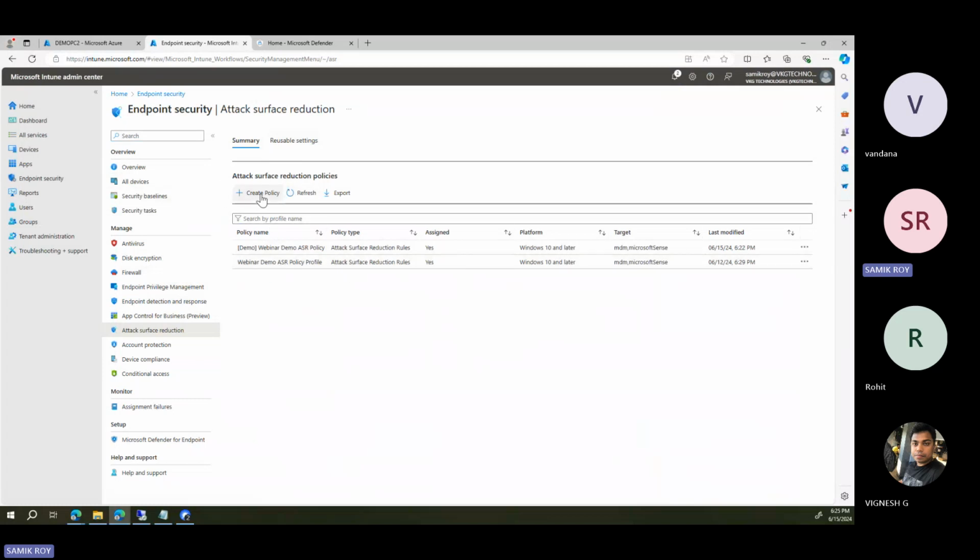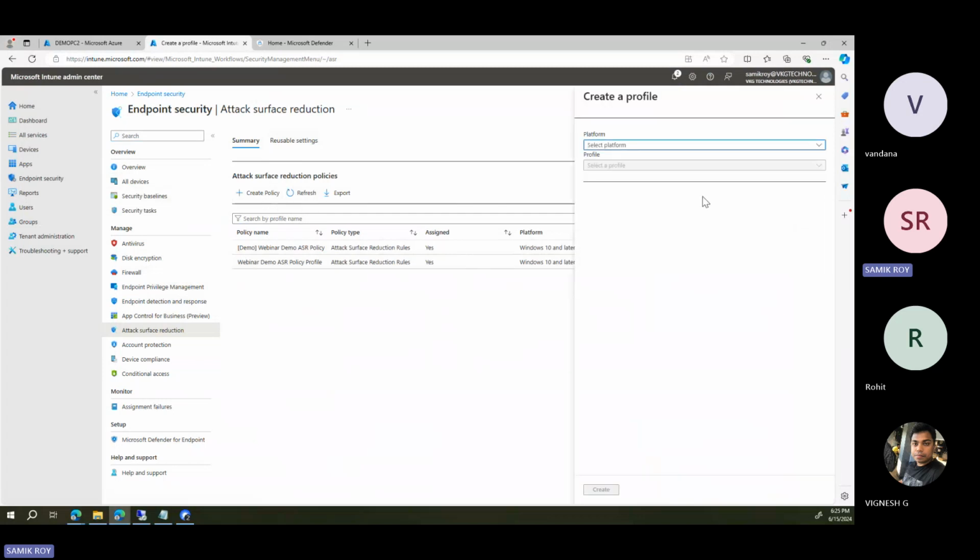So if we try to create a policy, let's say, for example, we hit create a policy, the first settings we do... And just to highlight here, whatever you're going to do through Intune, because Intune is mostly used for device management, we can do it through Intune. But having said that, there are PowerShell scripts available to deploy or enable attack surface reduction rules on